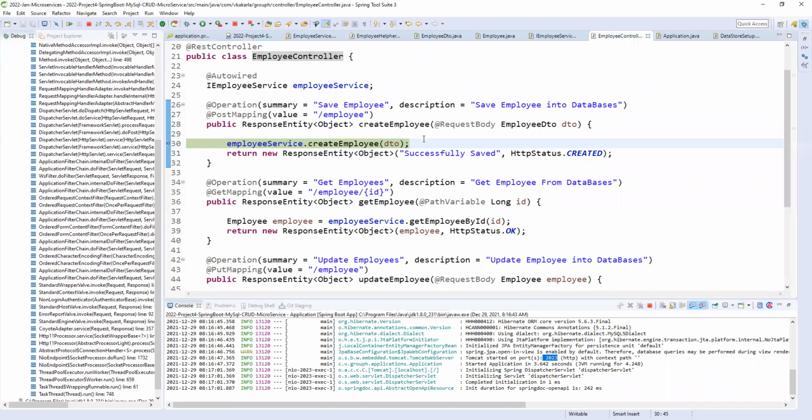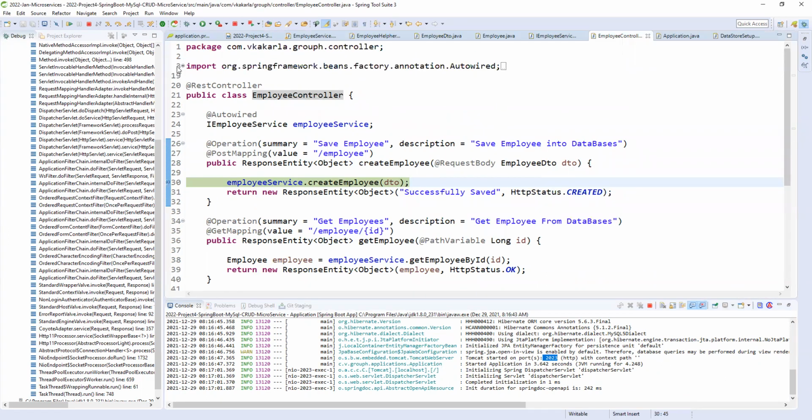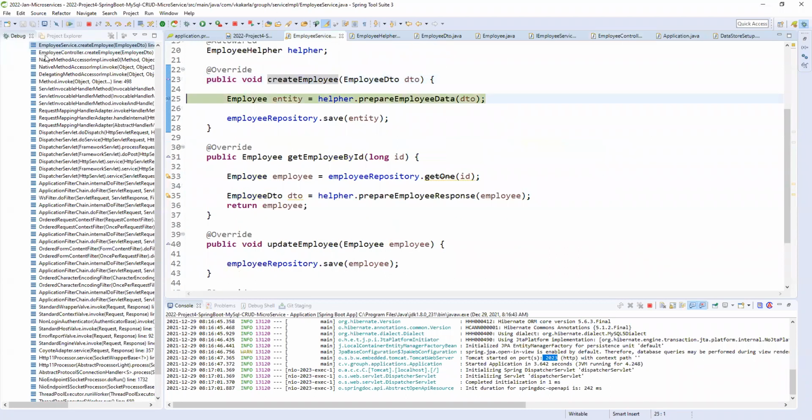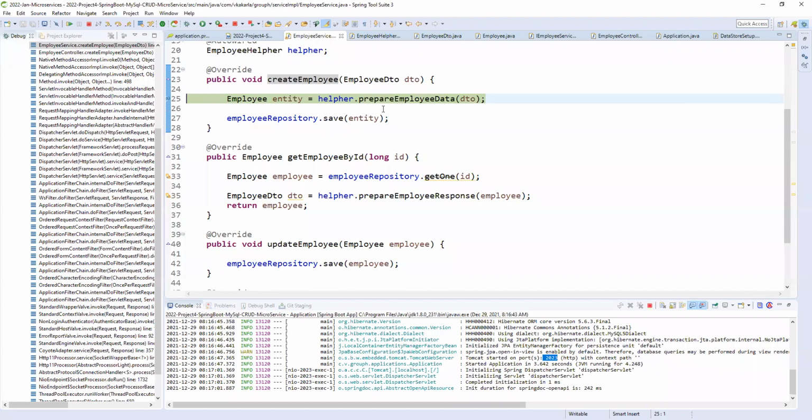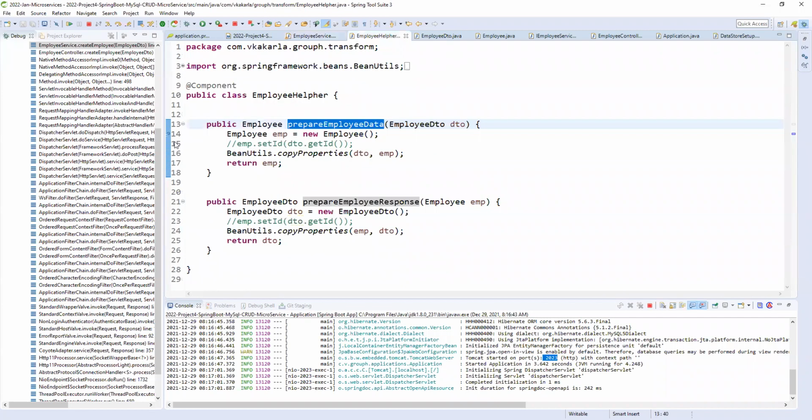Okay, fine. The request is the employee DTO, and we are getting the values. Coming here, I'm resuming this. So now our DTO has all the values.